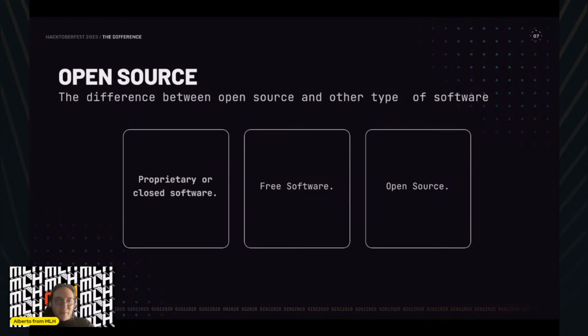The free software. Okay, this is complicated and this is an interesting topic, because for a long, long time open source software held the label of free software. This started when Richard Stallman, I think in 1983, if I remember well, established the GNU project.